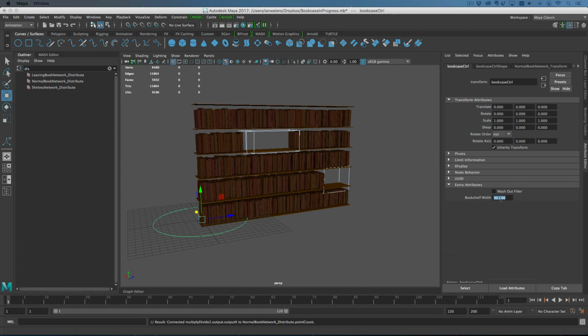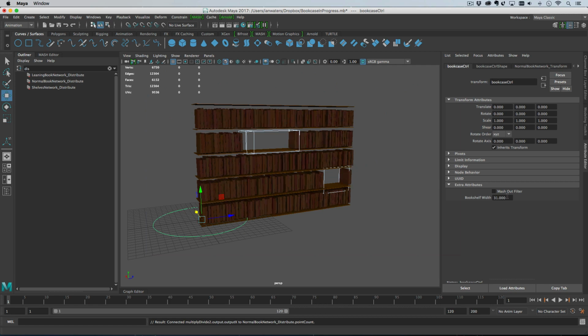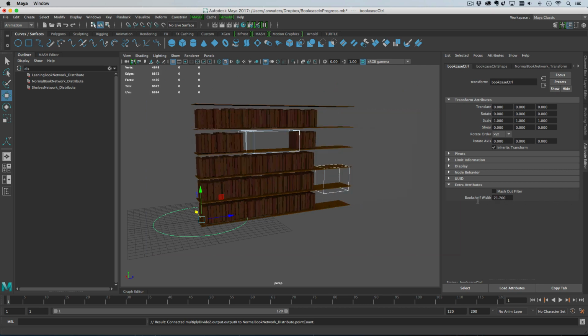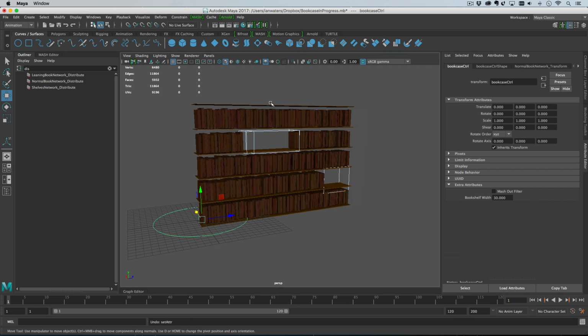So if I move this, sorry, on the Mac, if you hold down command and then middle mouse, and if you're on the PC or Linux, it's control and then middle mouse, or left mouse or right mouse, you get this cool effect. So we're getting more books added, and the width is changing, and everything's staying in proportion. Last thing to do is the